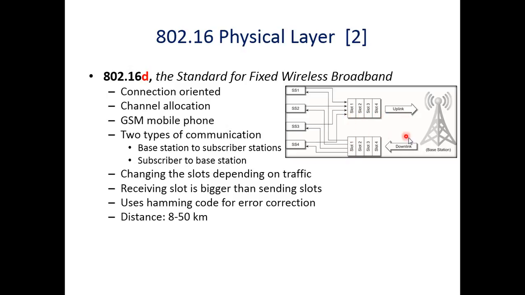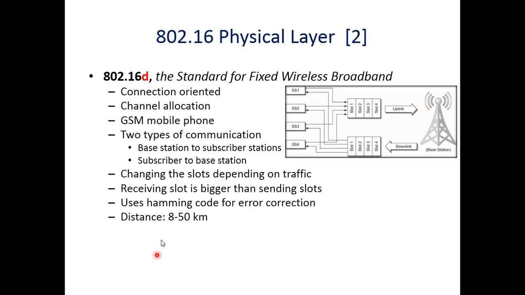So normally the receiving slot is bigger than the sending slot, because the basic requirement of the receiver is to download data from the server side, not upload. Upload is something less than the download. So normally the receiving slot is bigger than the uploading. It uses the Hamming code technique for error correction, because Hamming code can easily detect and correct